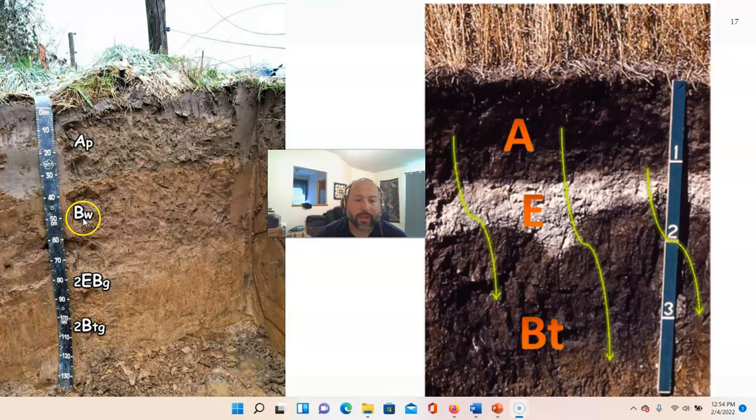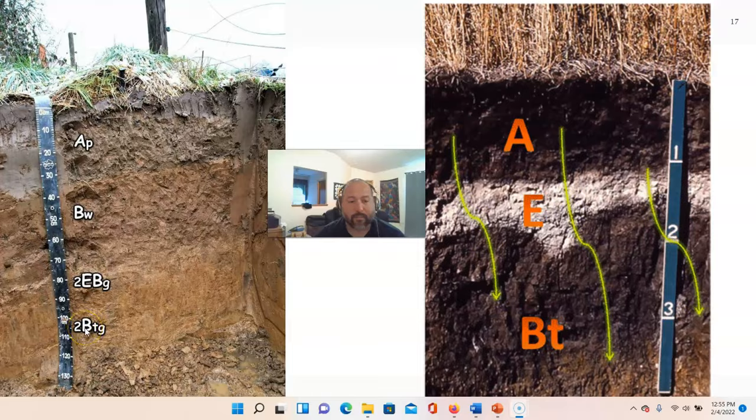We see BW, and W stands for a change in the B layer due to some sort of change in color or structure. We see here that this one says 2EBG. So the 2 here, we talked about that at the beginning. It's not totally common, but it does happen, where it means that there were 2 different parent materials. So there was some process that happened, and then some other process that happened. So there's 2 different parent materials within this soil, and then this is an E and a B layer